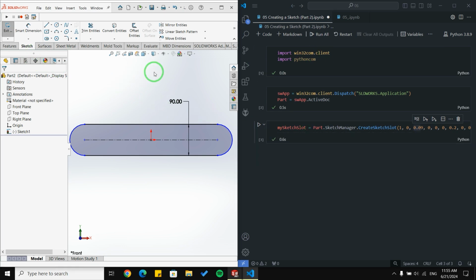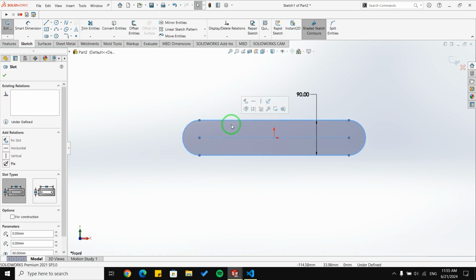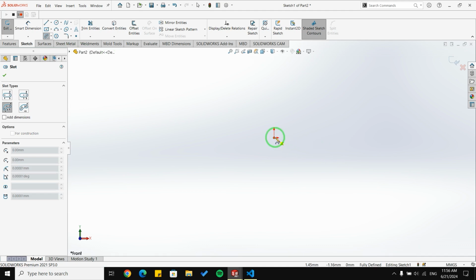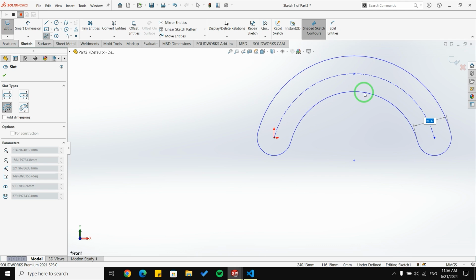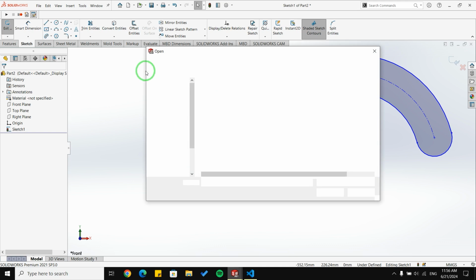Next, we are going to create a slot, but with another option, the 3-point arc slot. I'm going to delete this slot first and start a macro, create a 3-point arc slot, then choose my first point, then second point, and my third point. And at last, we need to specify the weights. I'm going to put it around 91 millimeters. So, okay, I'm going to stop the macro and save it and then open it.